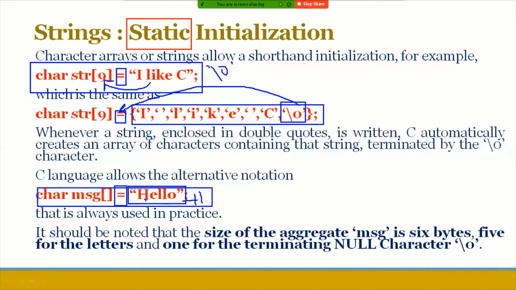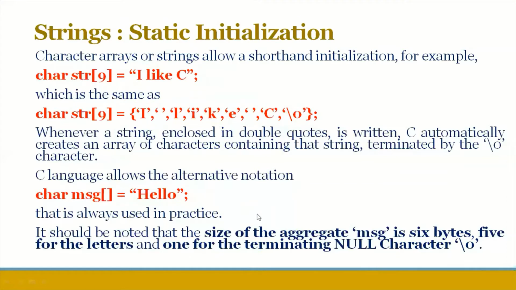So if the string size is 5, the compiler will take one extra location to store the null character, that is \0. If this \0 is not stored at the end of that particular string, then while displaying that string, the compiler displays a garbage string. That's why, to avoid unexpected results, we are supposed to take one extra memory location while declaring itself. That is about static initialization of strings.